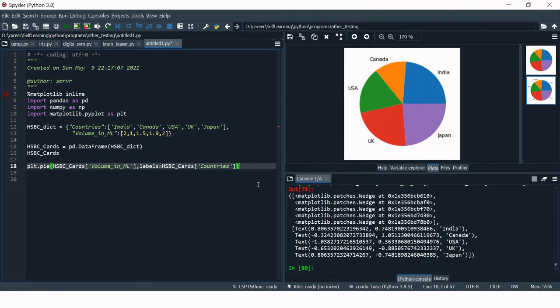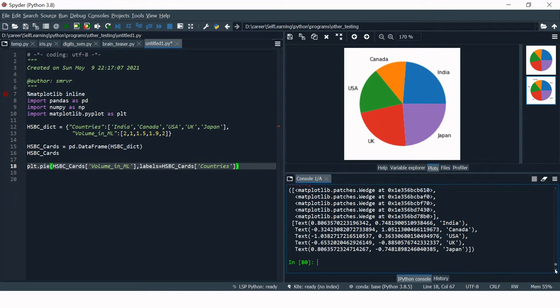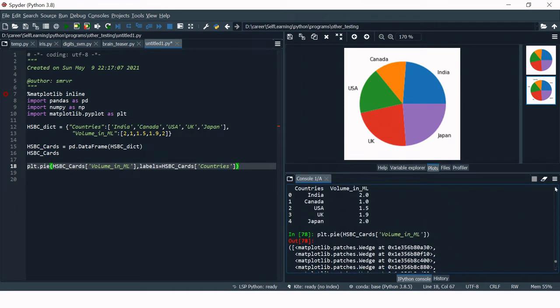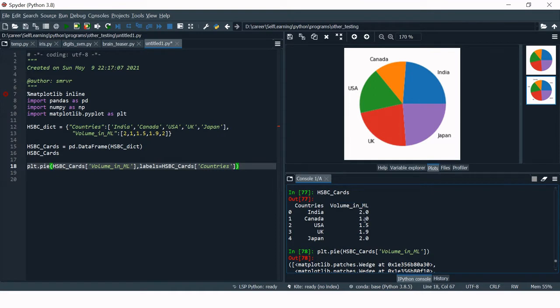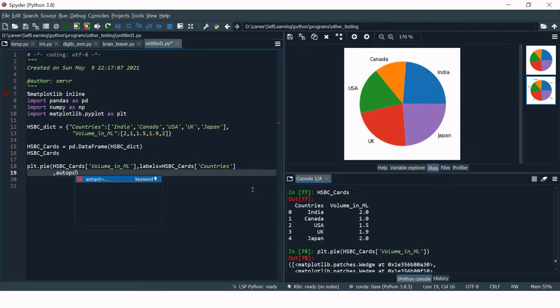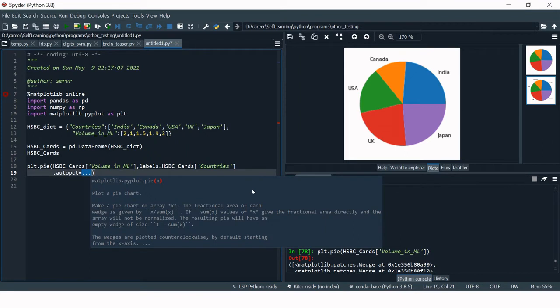Now what if you want to show the numbers? These numbers which we had over here, 2.0, 1.0. If you want to show these numbers in terms of percentage, how can we do that? For that we need to add autopct, and to add autopct, you tell Python to populate the percentage.